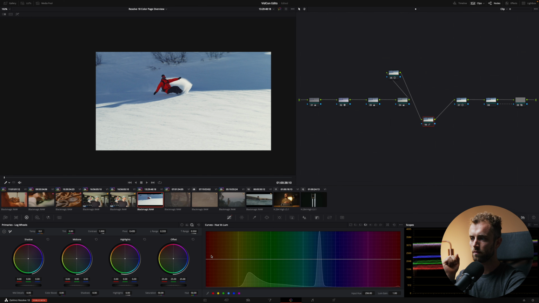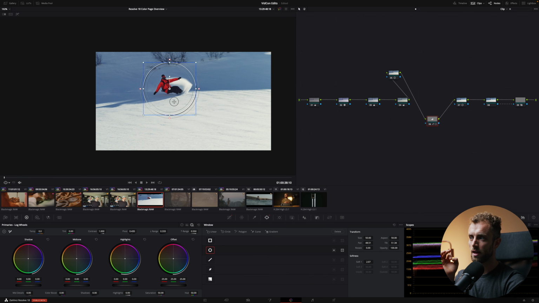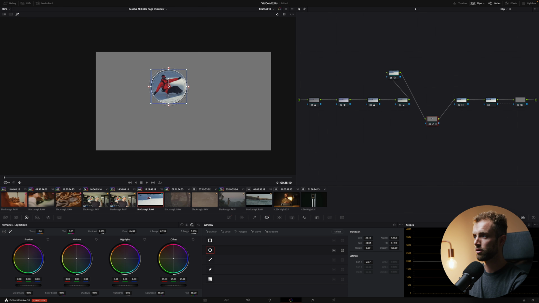The luminance, this will affect the luminance of that one particular color. All right. So this way you can really alter the image in very specific ways. But if, for example, there is more, let's say, red in the frame somewhere, then what you can do is go to your window section, which is over here, click here, and then add a window onto your subject. And this way, only this area, if I press Shift H, which we've learned earlier, you can see that only this area is being affected.